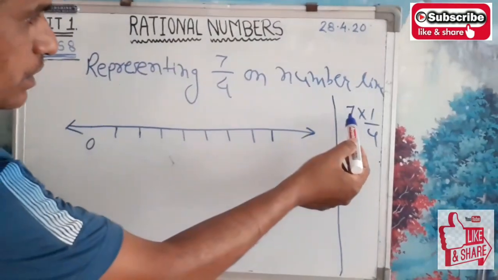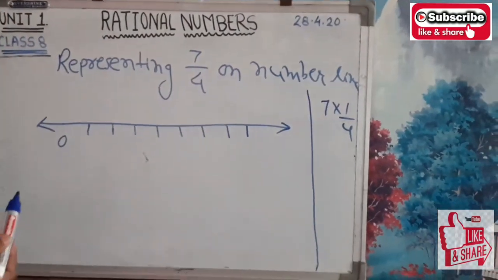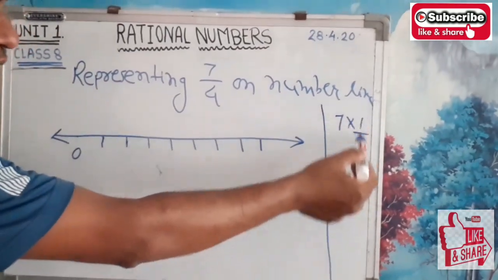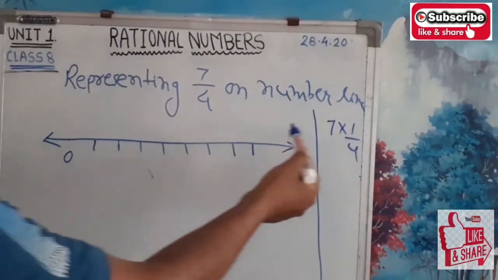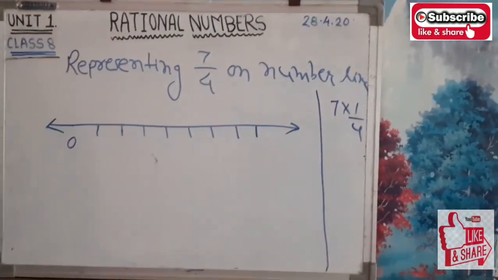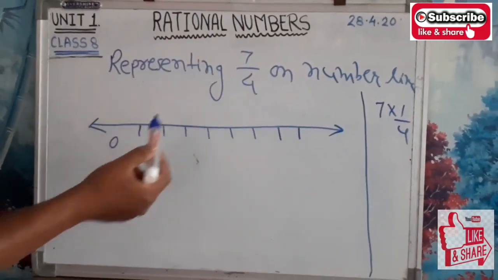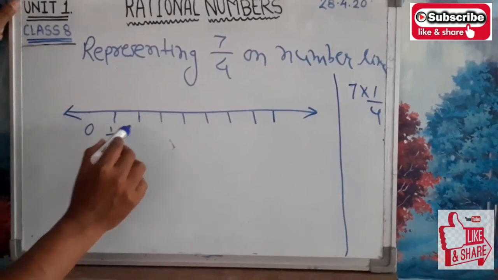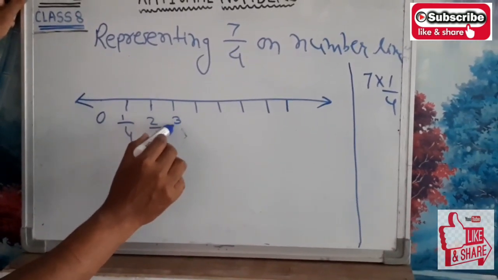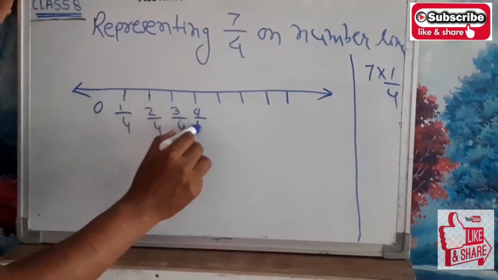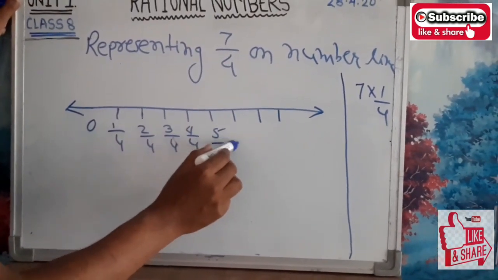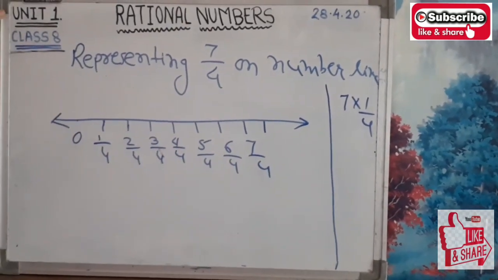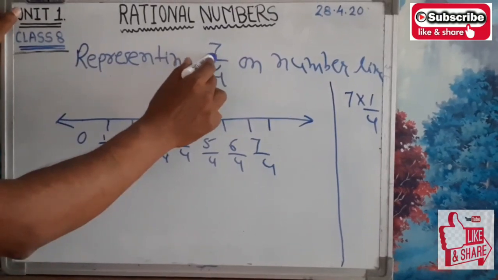We make 7 parts, and the distance of each part is 1 by 4. To represent 7 by 4, make 7 parts: 1 by 4, 2 by 4, 3 by 4, 4 by 4, 5 by 4, 6 by 4, 7 by 4. Because we have to represent 7, which is positive,